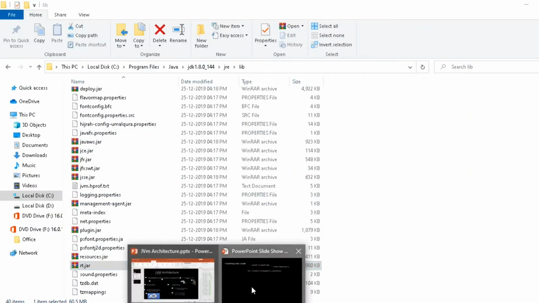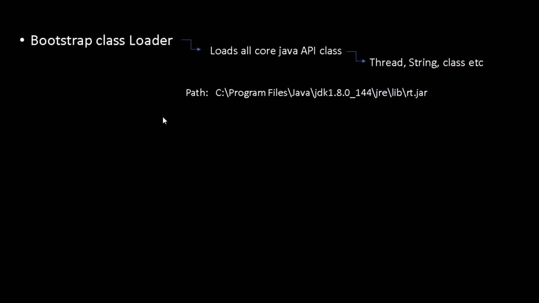The second one is the extension class loader. This class loader loads all the external jar files, jar APIs. For example, if we want database connectivity in our program, then we have to use JDBC, and that is an external jar library.